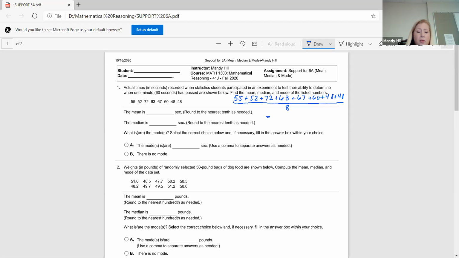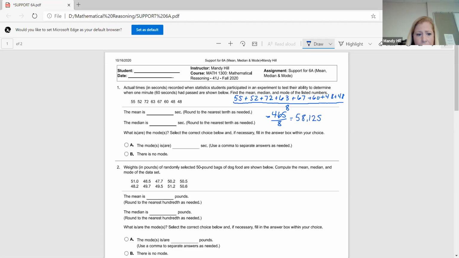Okay, you don't want to type that all in your calculator at once. You kind of want to go slow, but you got 55 plus 52. I think it's best to find the answer to the top and then write that down and then find the answer to the bottom, which is going to be just one number, but then divide so that you don't type this in the calculator wrong. That's going to be your best bet. And 465 divided by 8 comes out to be